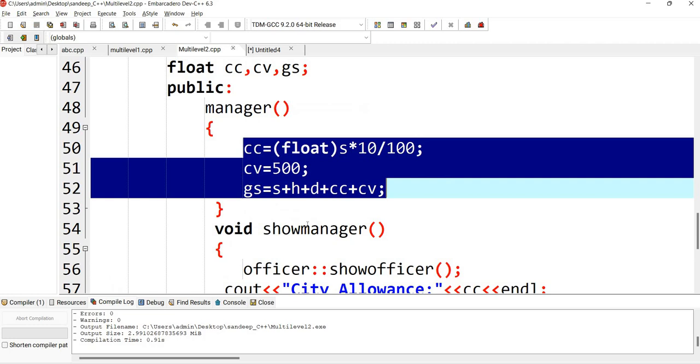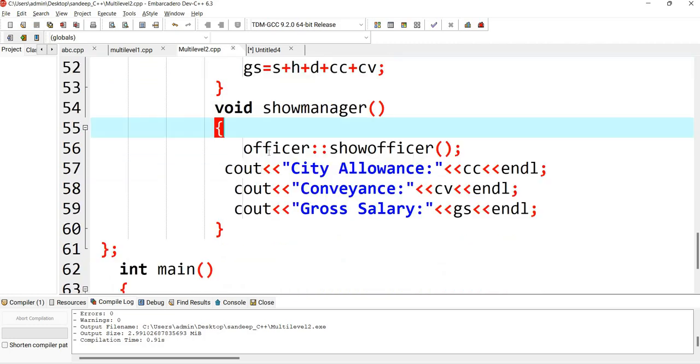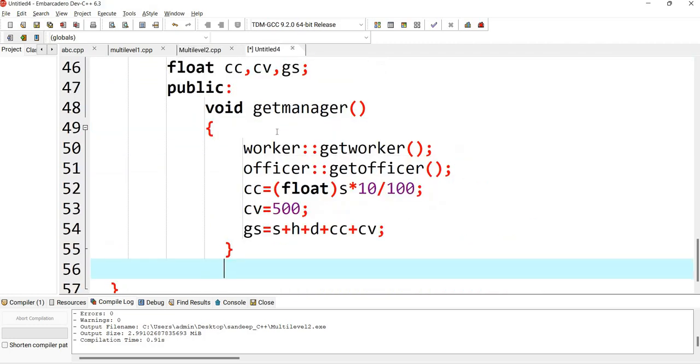Now the next member function is for displaying all the values, all the data. For example, this is the next member function, void show manager.